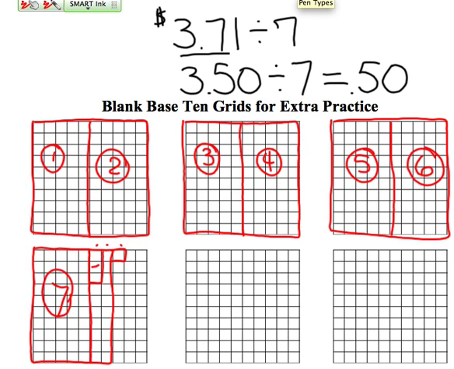So there's apple 1, apple 2, apple 3, apple 4, apple 5, apple 6, and finally apple 7. So now that all of the money, $3.71, has been divided evenly into 7 groups,